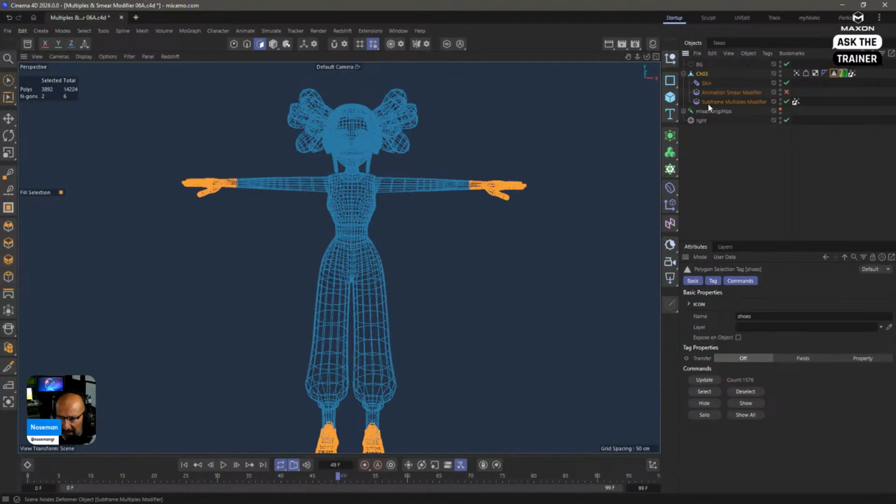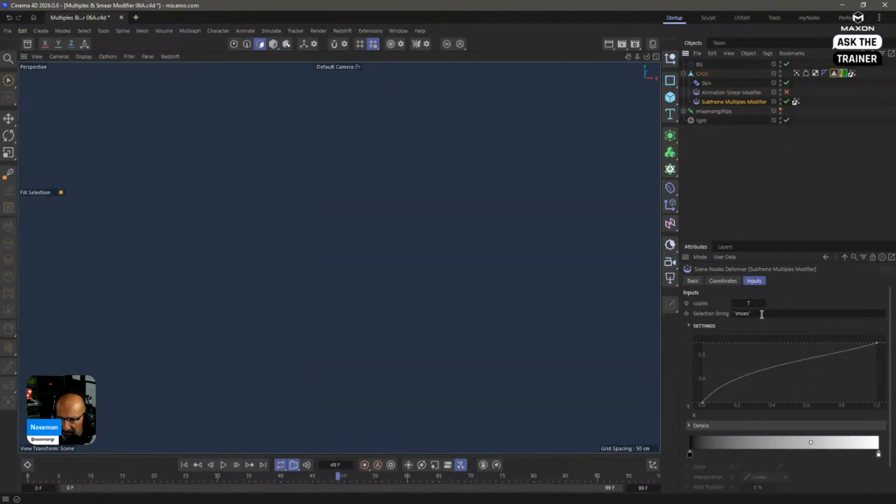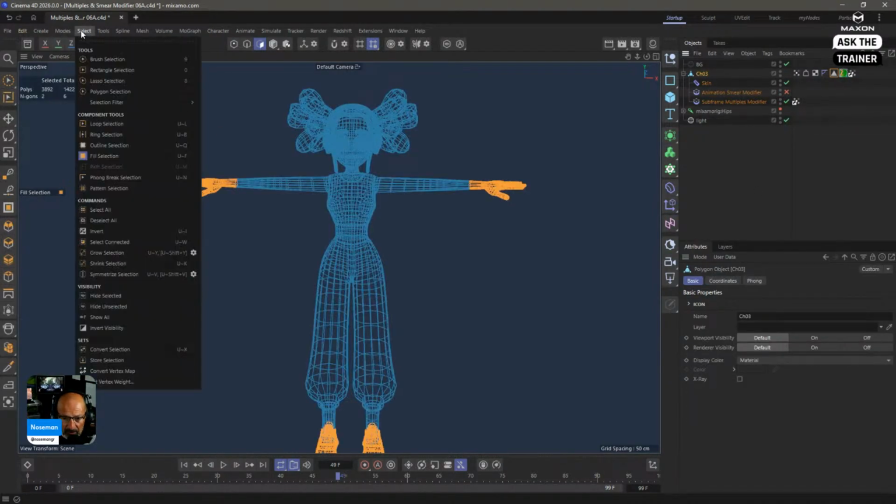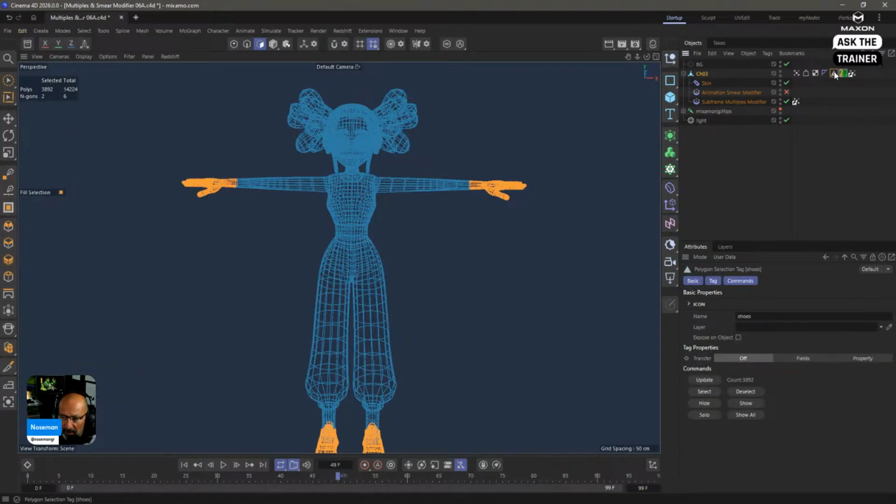You can define that name. You will see that here I have. You can drag it in here, but for now I'm calling them shoes. So let me go to select, press Shift and store selection. If you press Shift, it will overwrite whatever is here. If you don't press Shift, it will create a new selection. This is rather new, a couple of years old functionality or something like that, maybe a bit more.